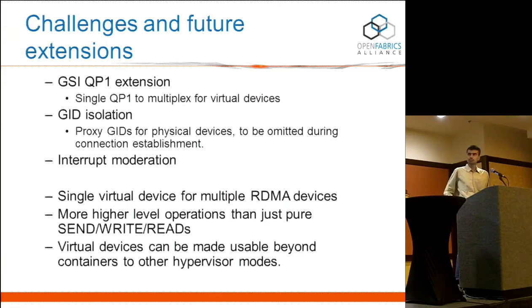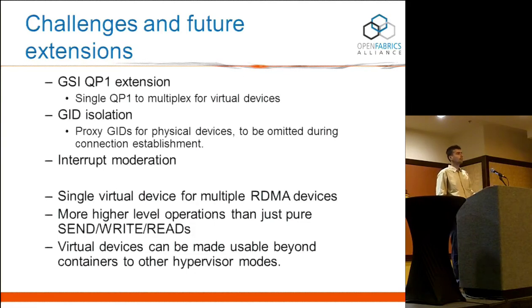This is the piece that we still need to extend, so that, at least in Linux, one queue pair one can service the request from multiple virtual devices, and needs to have a construct to know which device the request came through, all the way up the stack to RDMA CM. When we do that, we need to isolate the GIDs, because some of the GIDs are going to be a proxy GID,